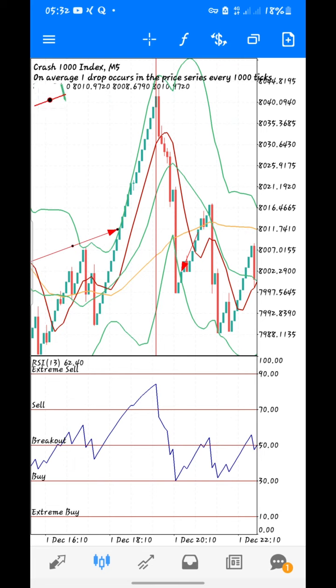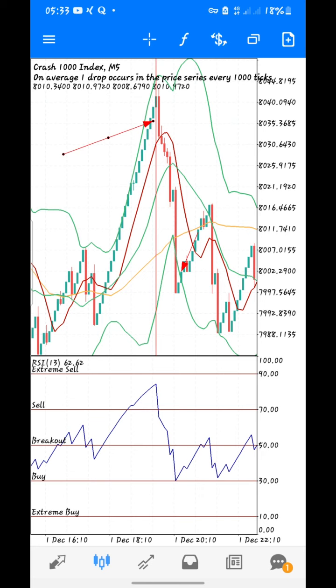And this is the Crash 1000 index. It has traded for long, and the moment it reached here, you can see what happened. It started dropping drastically. Whenever the market has traded for a very long period of time, reached a particular peak and started to drop, then what you have to do is mark